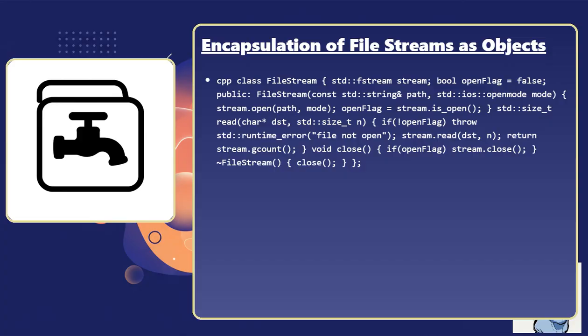Example (C++): class FileStream {std::fstream stream; bool openFlag = false; public: FileStream(const std::string& path, std::ios::openmode mode) { stream.open(path, mode); openFlag = stream.is_open();